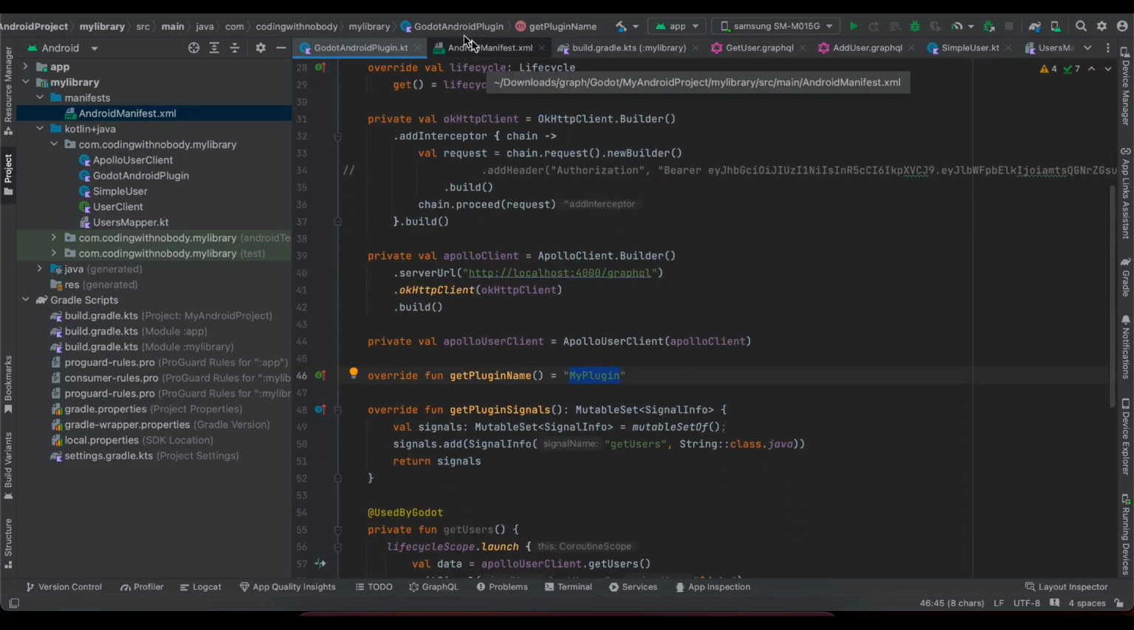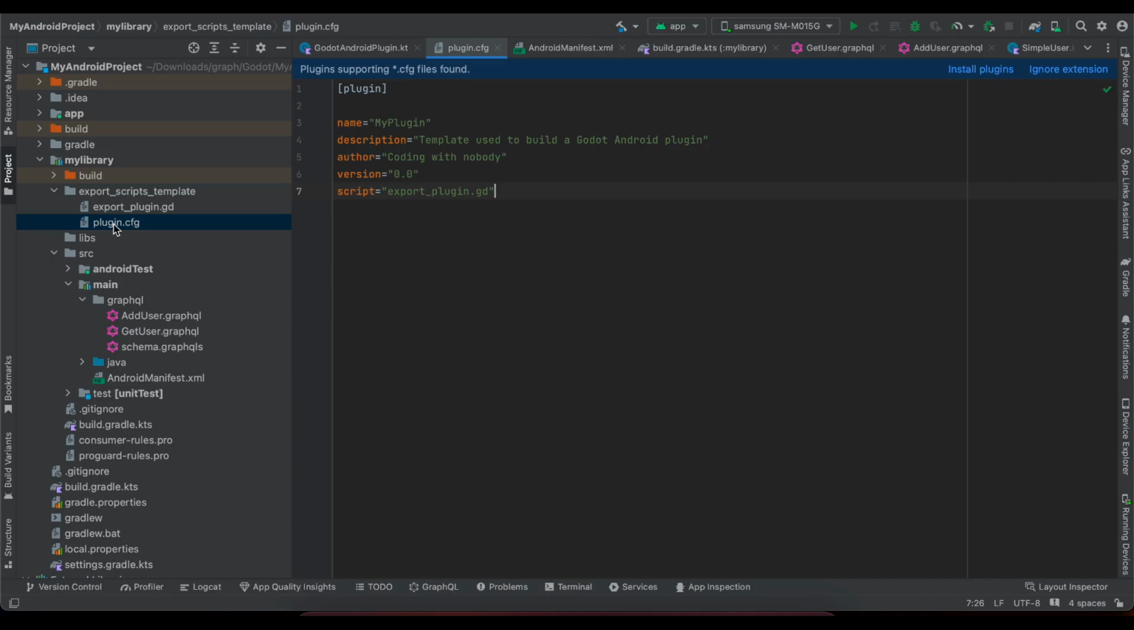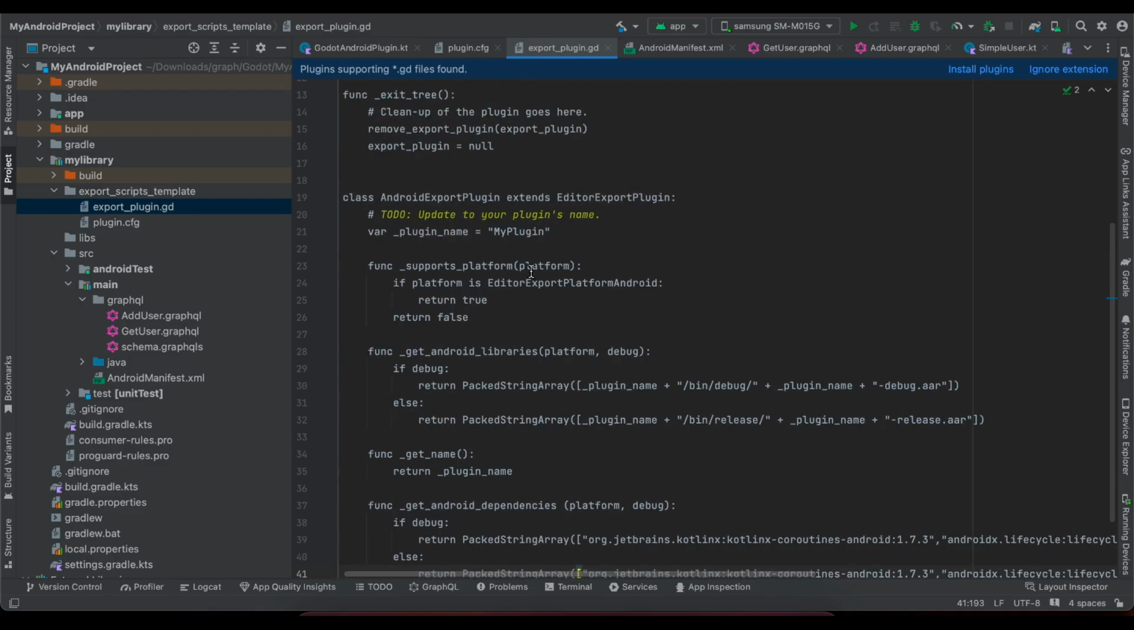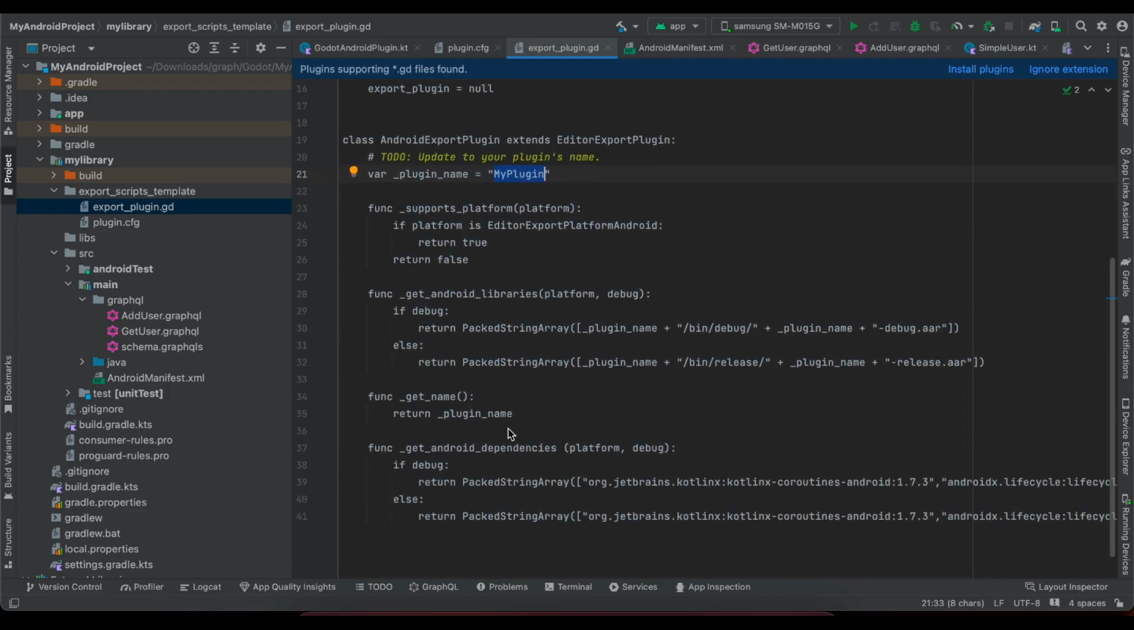All right, that's done. Next you will again have to go to the project drop down and go to your library folder, and here you will have to create a folder called export scripts template. Inside that, first create a file called plugin.cfg. Again I have copy pasted it from the docs. Only this name will be changed depending on your plugin name. You can change description and author, whatever you feel like. Next, create a file called export_plugin.gd. Again I have copied everything from the docs. The only thing which you will have to change is this should be your plugin name, and you will also